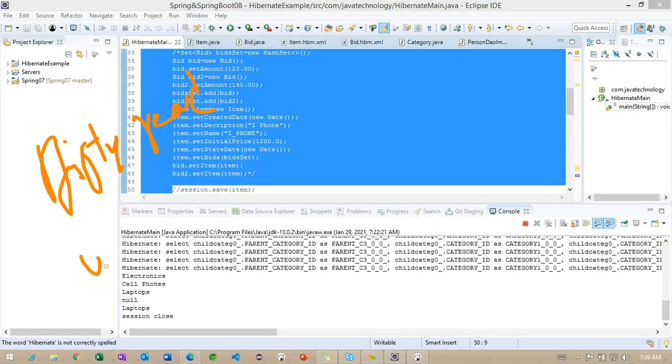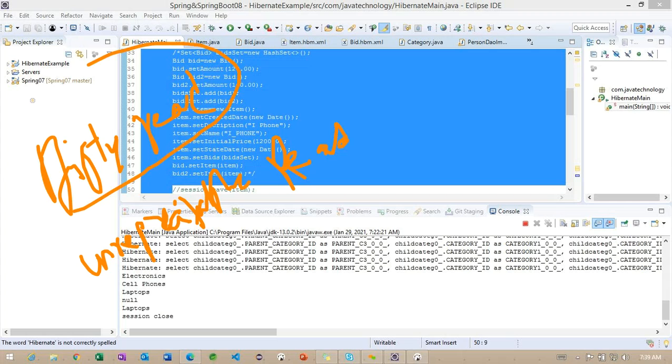So dirty read and one more, unrepeatable read. Based on our requirement, we are going to perform this. Unrepeatable read here.